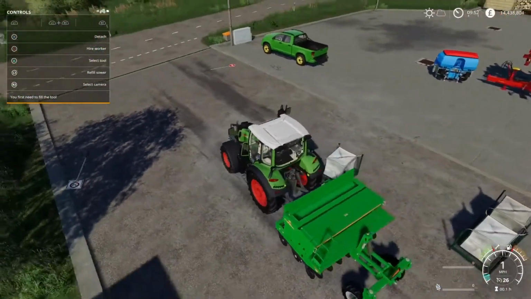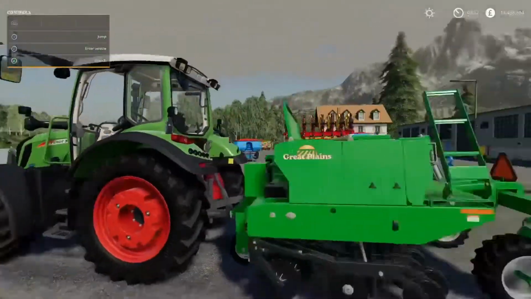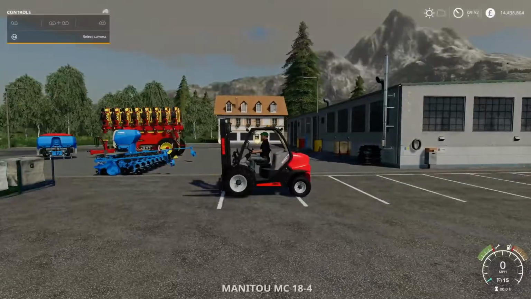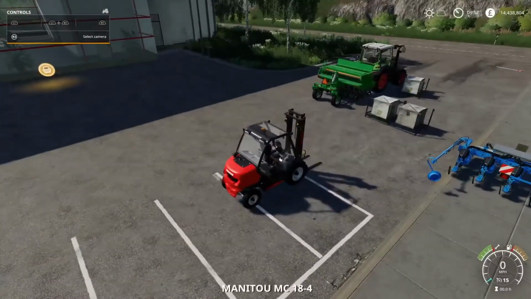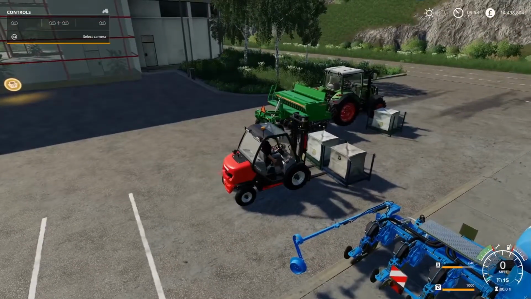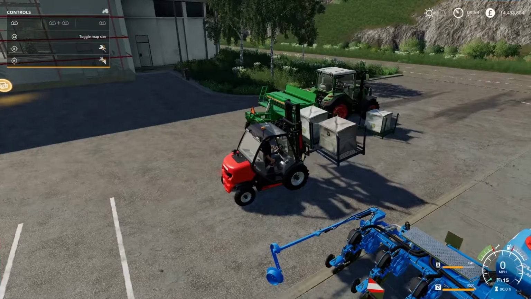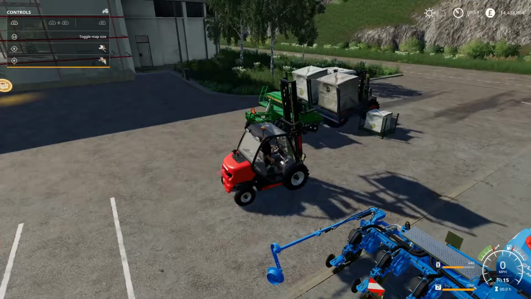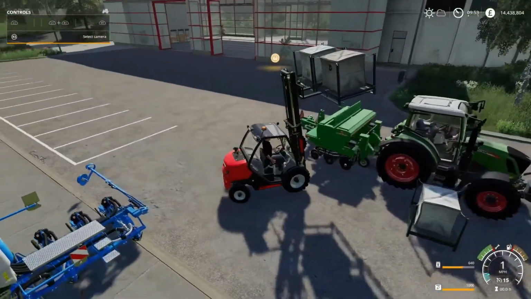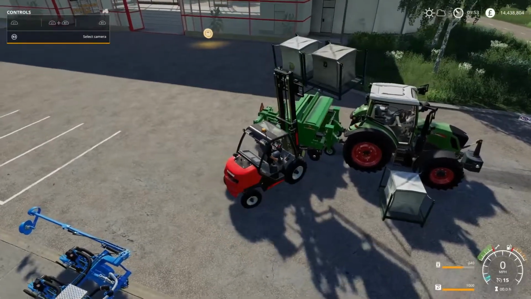Now if you're doing more of a realistic gameplay and you don't want to just come up alongside and magically fill the fertilizer and the seeds up, you can get yourself a forklift or a front loader, whatever you want to do, and then you just lift those up and go over towards the item you want, and you can see now the fertilizer door is opened, and when you come up to it,